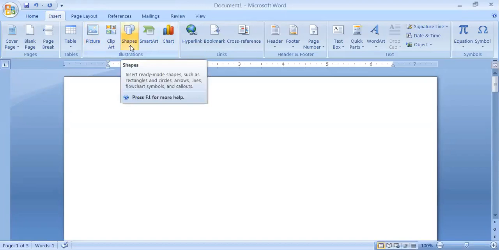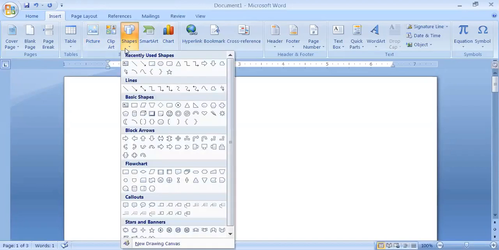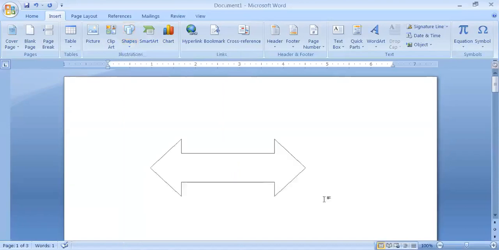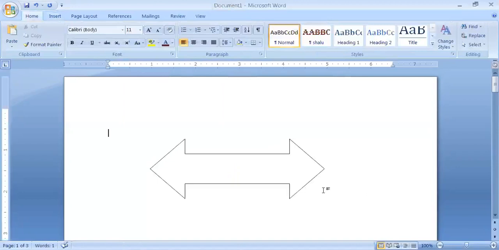Now click on Shapes and lots of shapes are available. You have to select the particular shape you want to draw and just drag it, and the shape will appear on the screen in this way. So simply this is the way to insert a shape in your document.